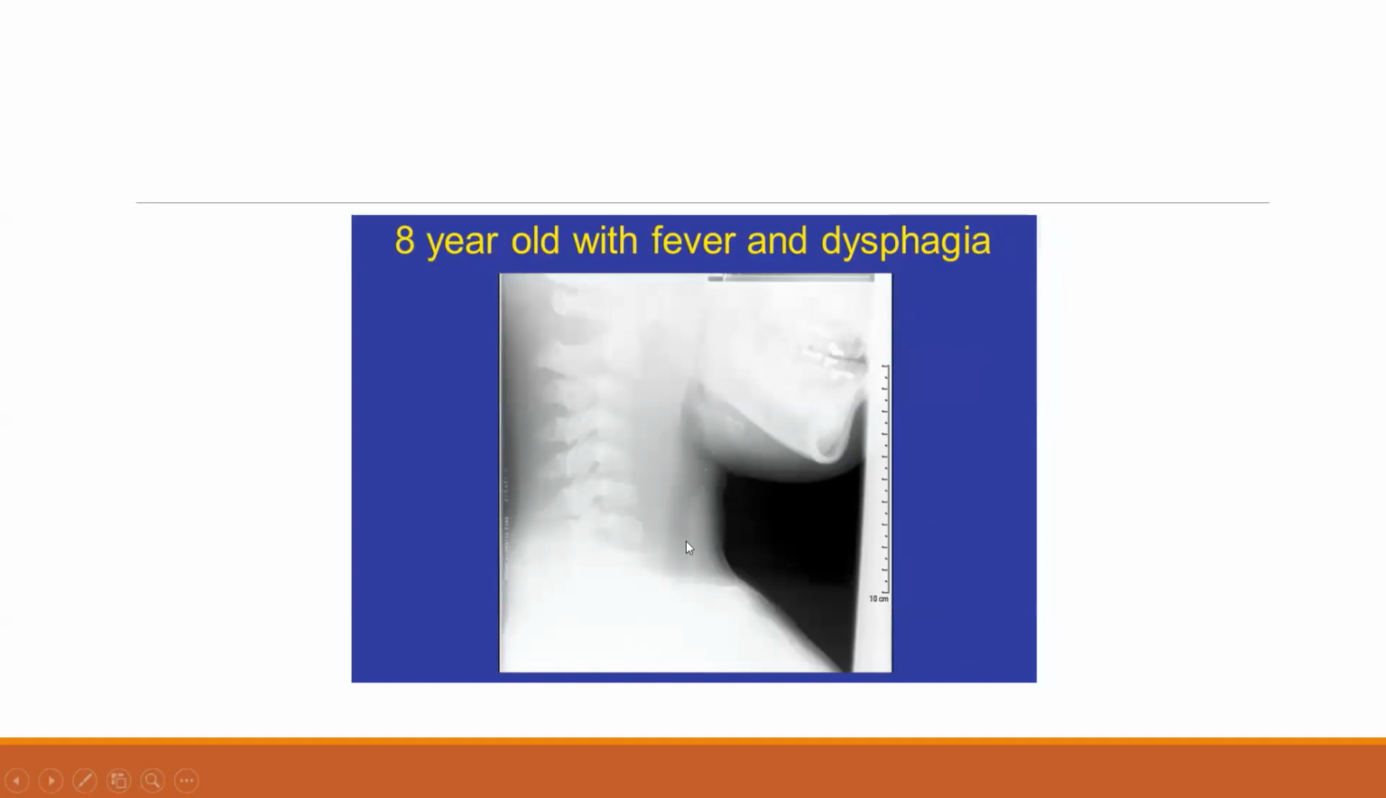Now you get a patient 8 years old with fever and dysphagia. There is fever and dysphagia, and behind the airway this space is not usual. Why has the space become so enlarged? If I give some options, I think you can identify, like patient